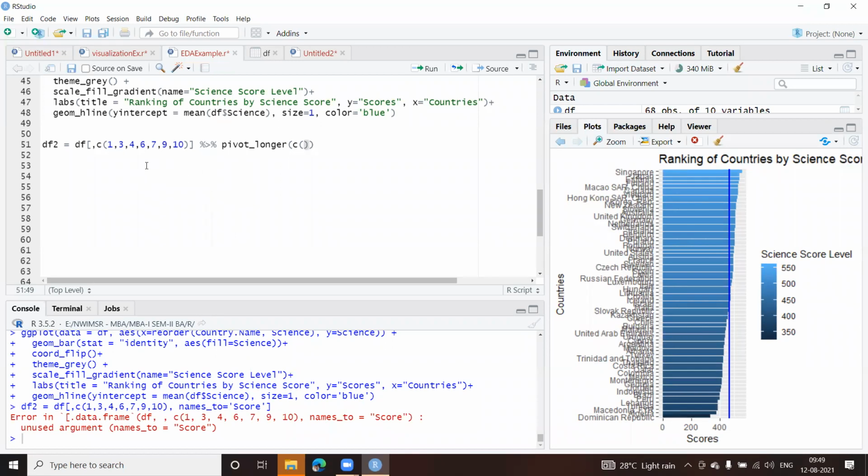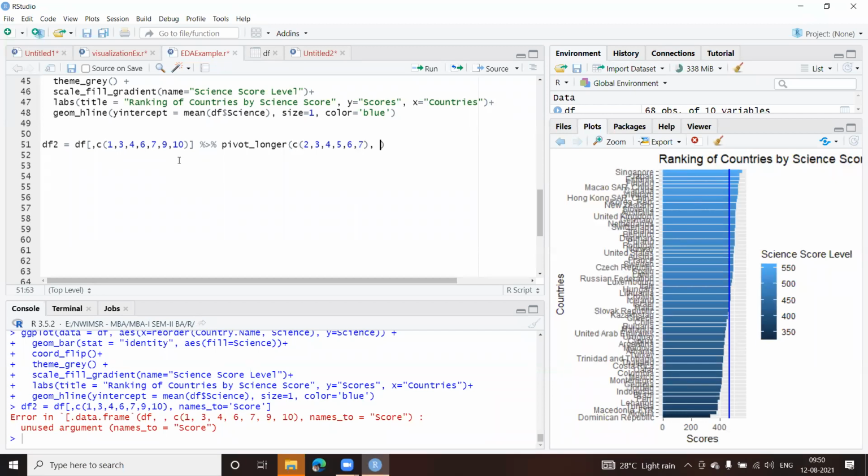So what I'm doing is I'm creating only 2 columns. Please remember, I'm creating only 2 columns. So this one column will be fixed, and this I'll convert into another 1 column and it'll have the values. That's what I'm trying to do. So we have this function pivot longer, and I don't want the second column, third column, fourth, fifth, sixth, and so this second, third, fourth, fifth, sixth, one more, 7.